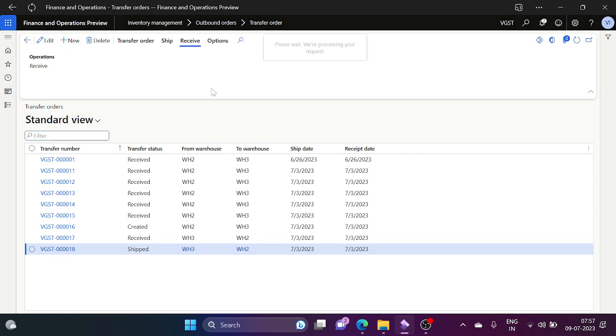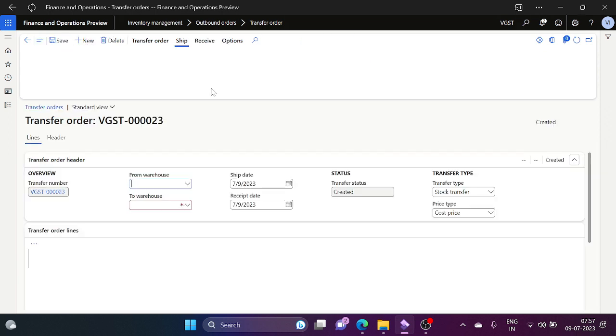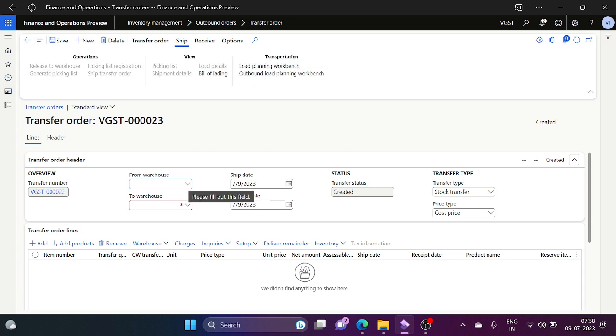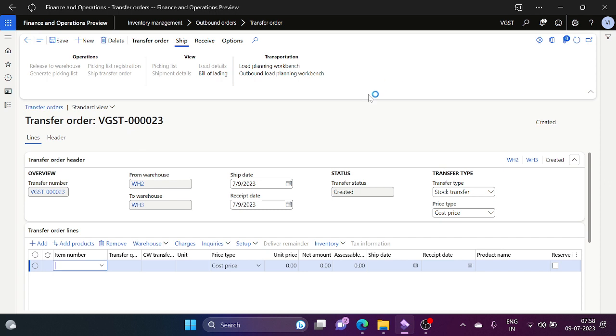So let me take a new warehouse 2, warehouse 3. Sorry, I'm in India localization. So I'll use transfer order. This is India localization. The next topic I am going to discuss is stock transfer for India localization. I'll discuss this topic today only. But before that,